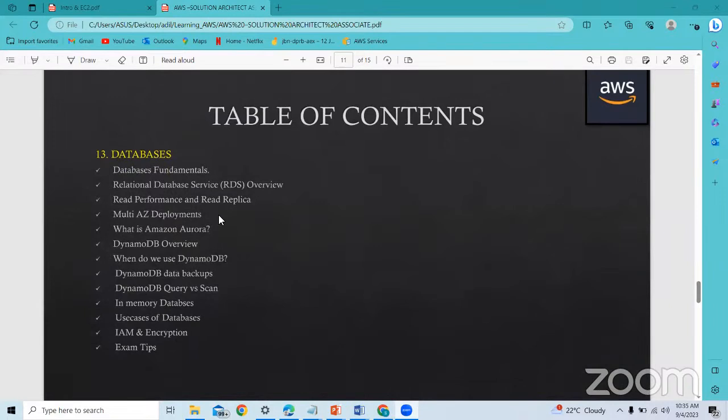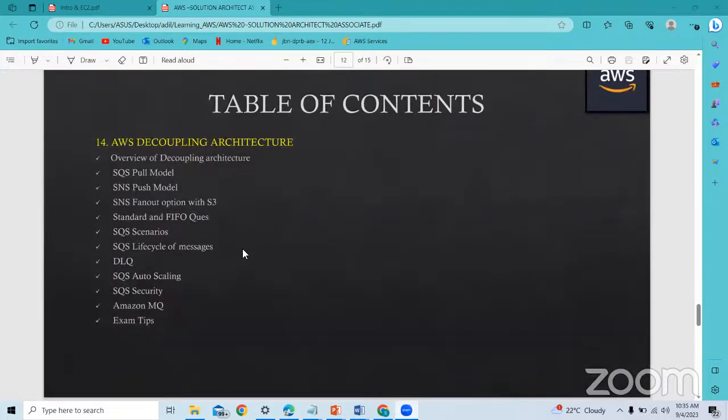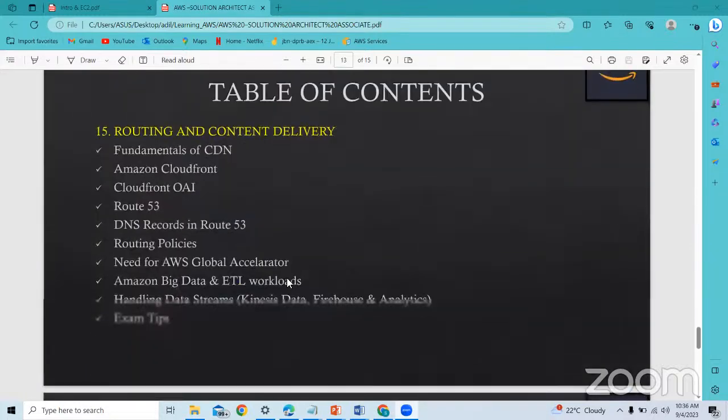And then databases in AWS. What are the different databases we have? Why do they have different databases? What is the need for new databases? Everything I'm going to talk about. And then we have something called decoupling architecture. This is something unique brought by AWS, so that your work does not stop. If any work is coming, it should not affect your application. So we have decoupling architecture, and the main thing is routing. Any request coming to your architecture, your project, or your application, how do you route it?